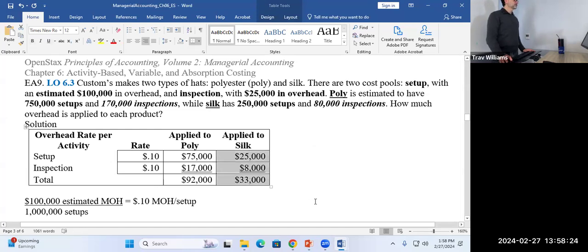Mr. Williams, is there a way to do this based on getting the ratios of Polly and Silk to the total? Sure. Because we already knew it was on 25, and then I just thought because it adds up to 92 and 33, if you didn't use the overhead rate, it would still have the same percentage to the total. Yeah, you could look at this using ratios. And if your mind works that way, it might be quicker. I think a lot of us have to go through step by step so we don't get confused, but yeah, you're right. You could do it a different way.